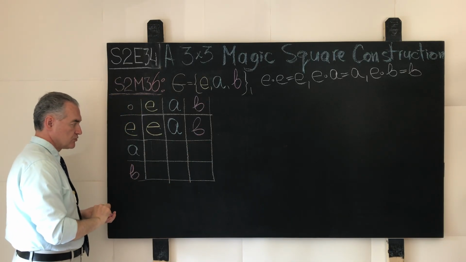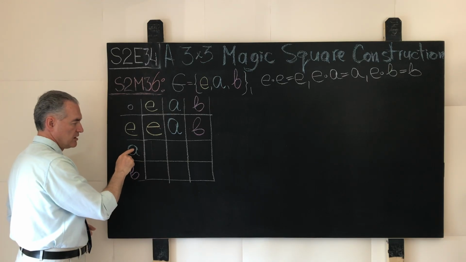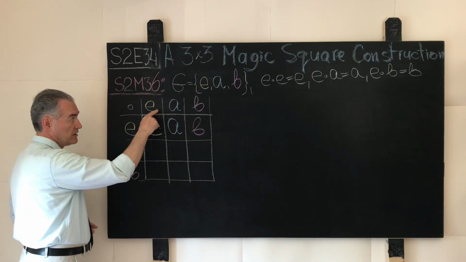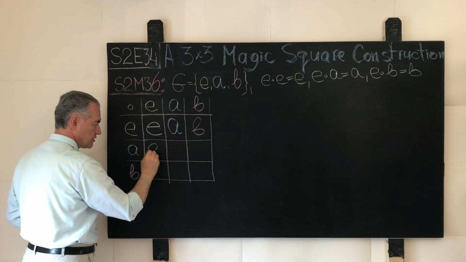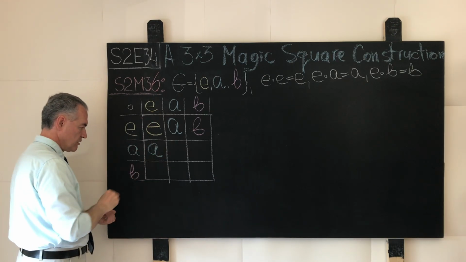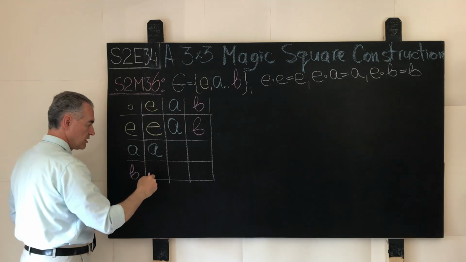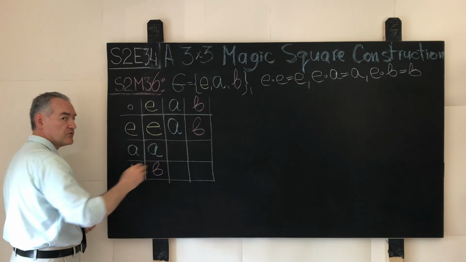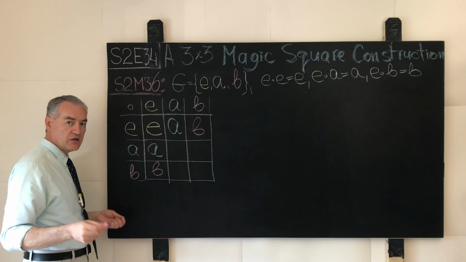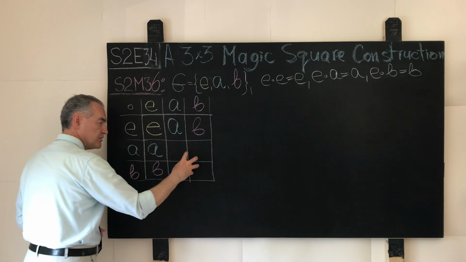And the same goes for the column. When we multiply the element A by the identity element E from the right, we obtain the element A, and the same goes for B. B times E from the right equals B. So that much we can fill out. The 5 cells out of 9 can be filled out automatically, quickly, quite mechanically, but the contents of the 4 cells shown over here in the lower right corner